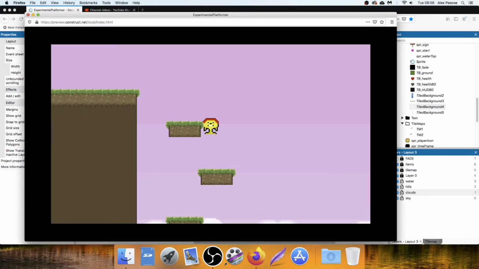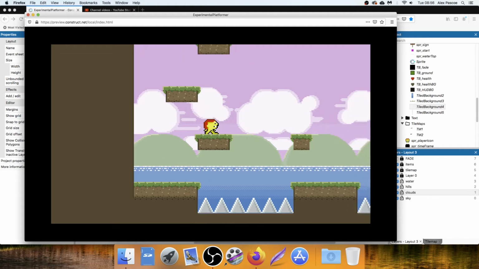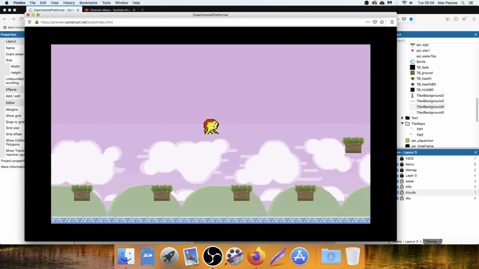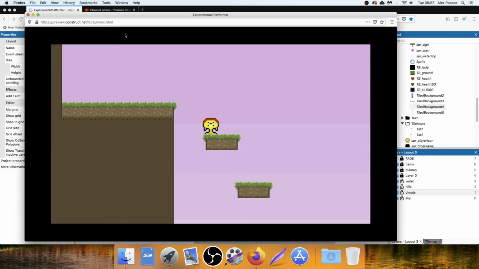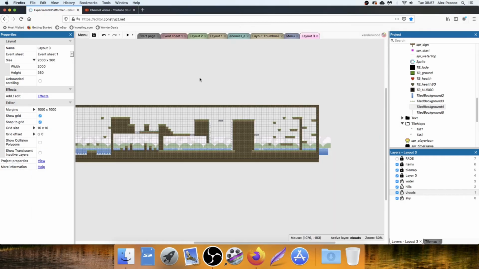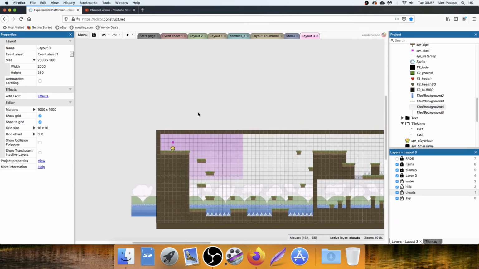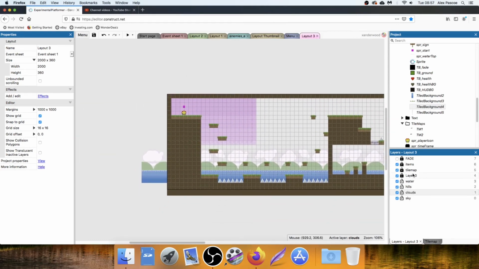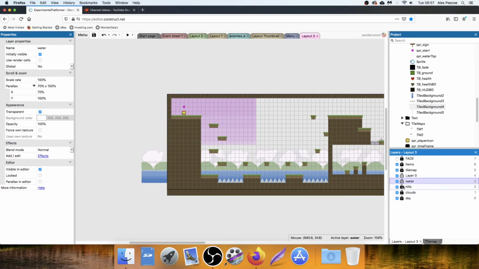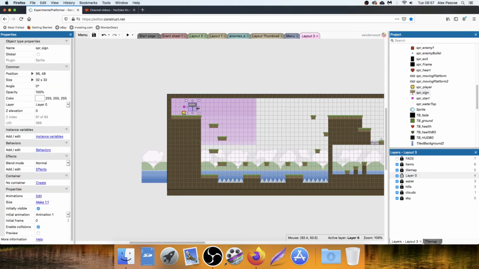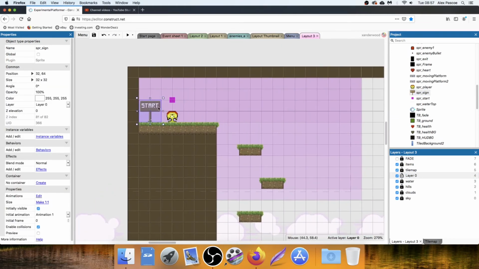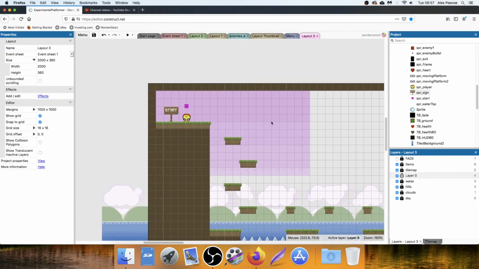So I'm going to drop down here. Yeah, nice. That makes the spikes pop out a little bit. Great, yeah, happy with that. We need to put a start sign at the beginning. Let's do that now quickly. We can pop this one on the layer 0. Let's lock everything else just so we don't mess with it. Go back on layer 0, get the sign, pop this out, pop it there, there. Move him over 1. Start. We need to put another one at the end,